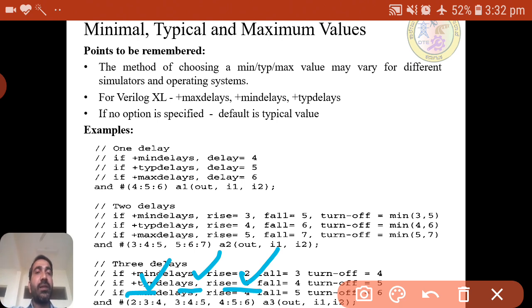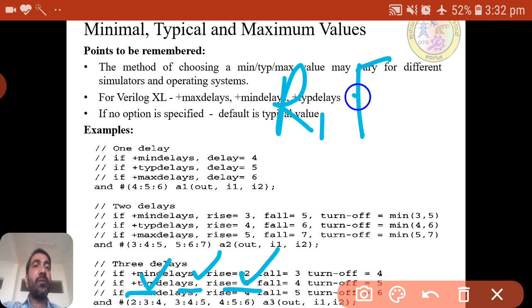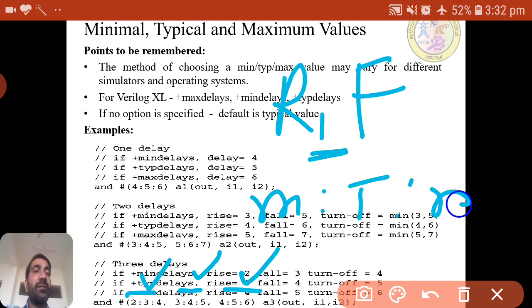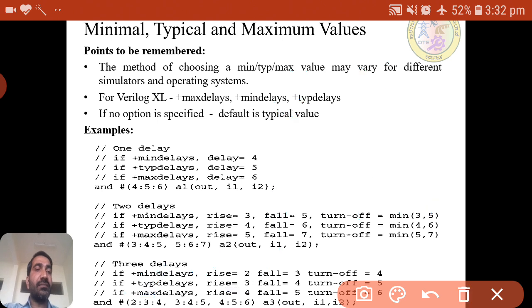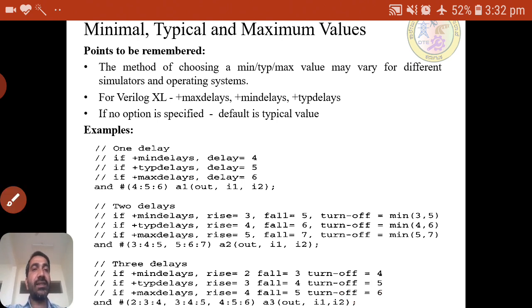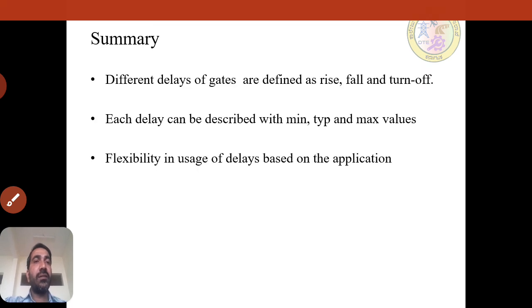We need to keep in mind, as I told, rise and fall are differentiated by comma, but min, typical and maximum are differentiated by colons. So this is how we represent min, max, typical delays and rise, fall, turn off delays. These are the syntaxes to use in the code.